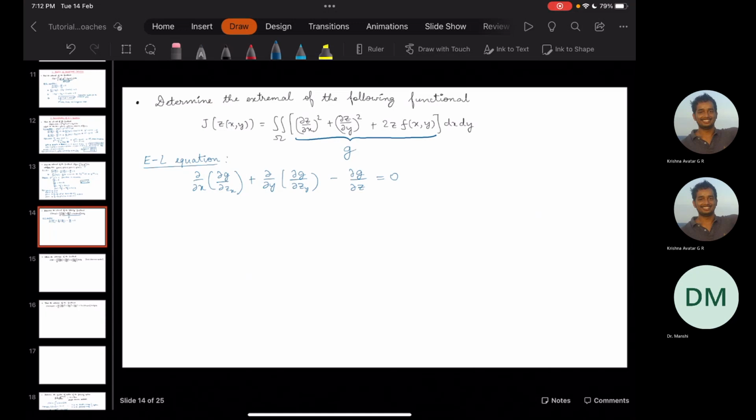Fine. So this gives us dou by dou x of dou g by dou z x is 2, likewise 2, minus 2 f of x y. Fine. And this gives us, I'll factor out 2 throughout, and we'll have